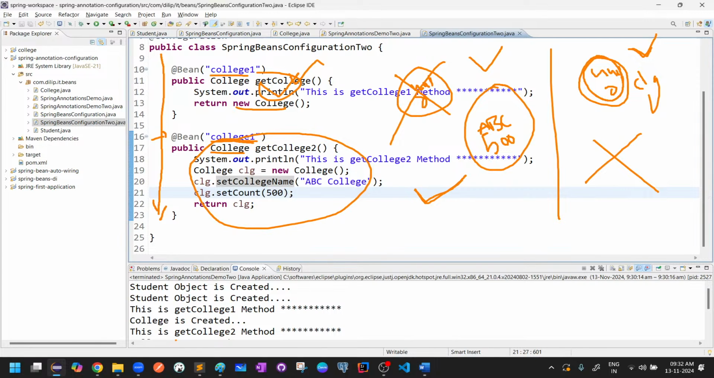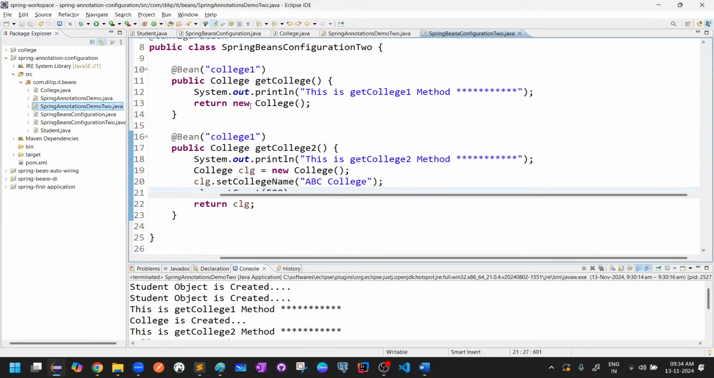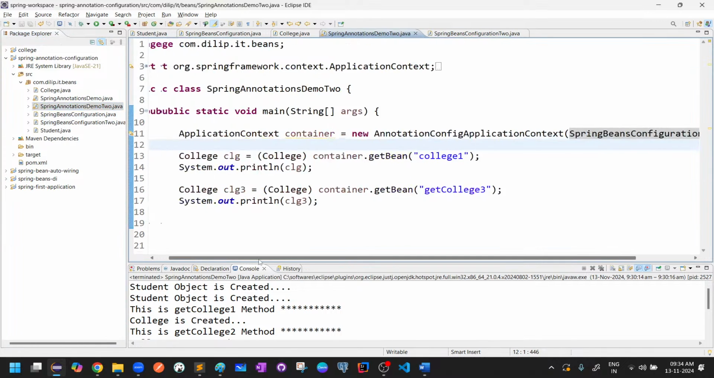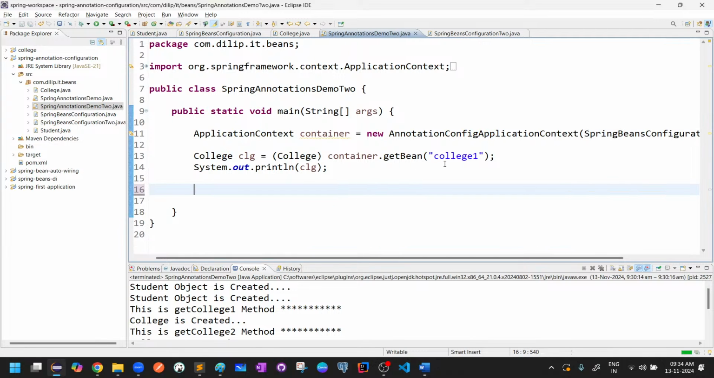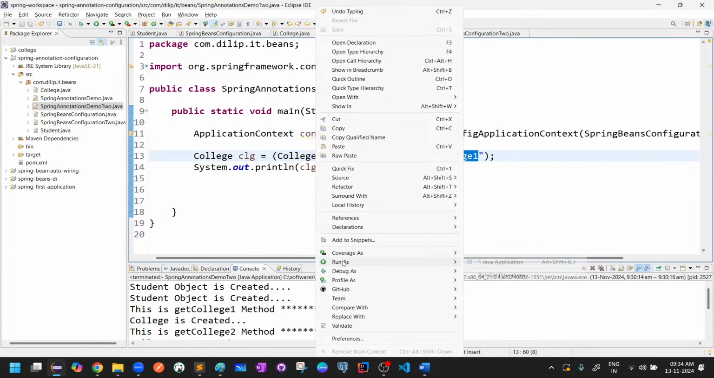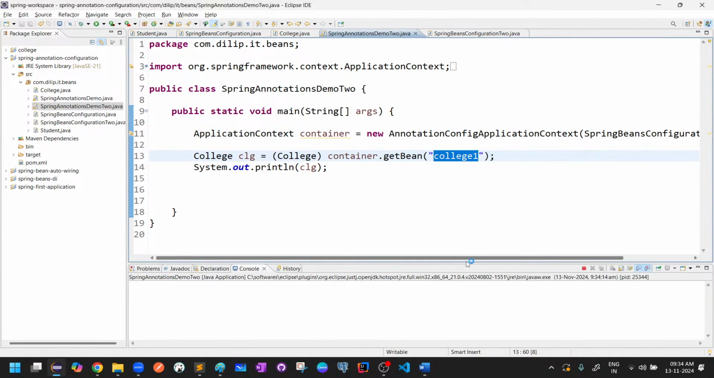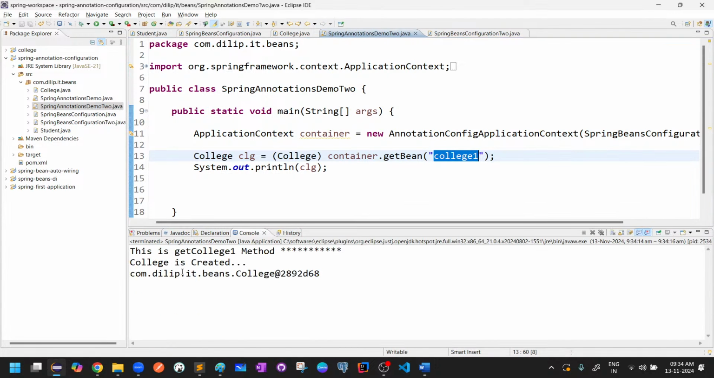Let's see here. So I'm executing the college one, right? So I will delete this one also. If you see here, college one point of view I'm doing. First of all, let's see how many objects are created for the college point of get college method. College is created, and which method is called? College one is called. If you go here, configuration 2,